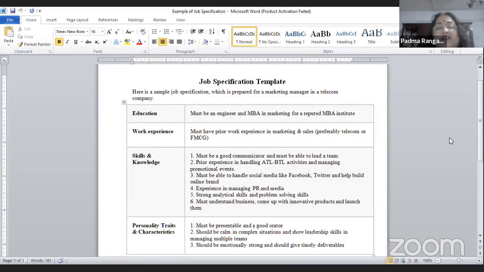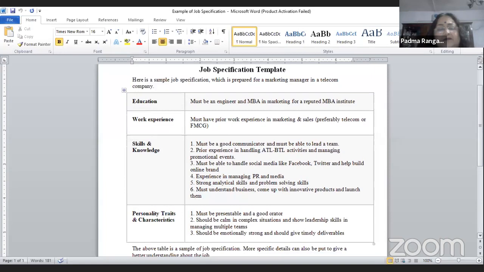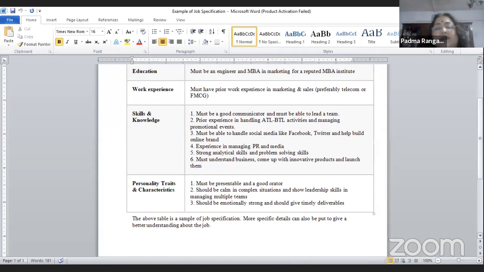Work experience: must have prior work experience in marketing and sales, preferably telecom or fast-moving consumer goods. Skills and knowledge: must be a good communicator and must be able to lead a team. Prior experience in handling ATL, BTL activities and managing promotional events, must be able to handle social media like Facebook, Twitter, and help build online brand. Experience in managing PR and media, strong analytical skills and problem solving skills,